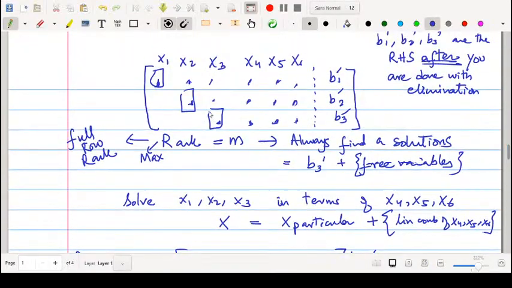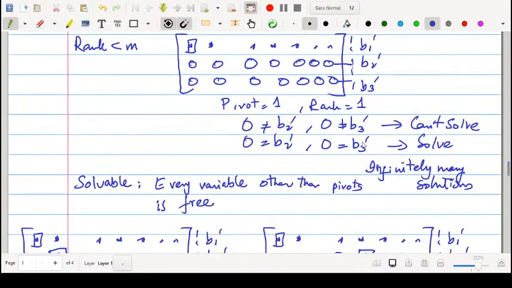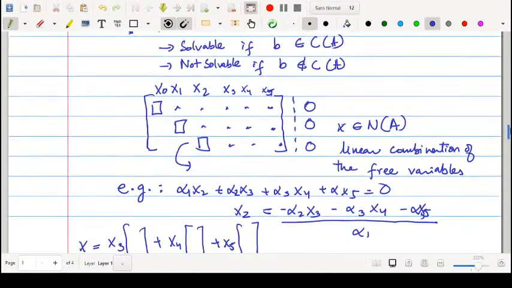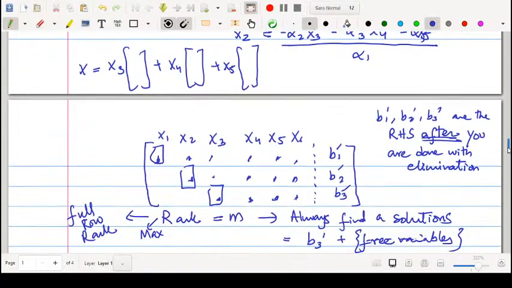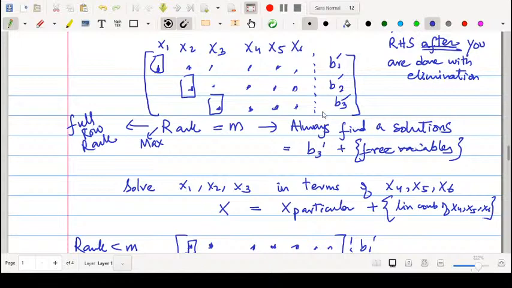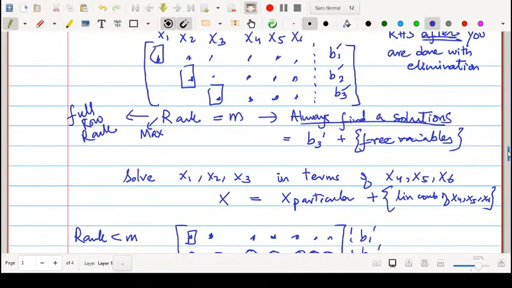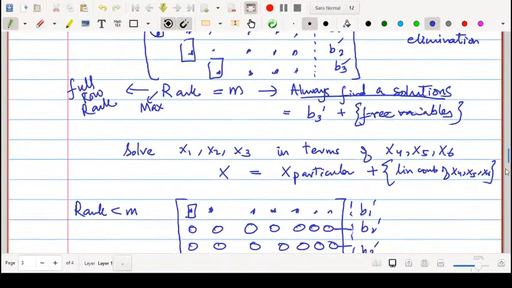And then, of course, rank can be less than your number of rows, in which case you get some conditions to satisfy, and those conditions need to be met. So the important thing was, in this case, even though you get free variables, you don't get any conditions, right? So when rank is m, you always do find a solution when you have a full rank wide matrix. You will get no solutions only in the case